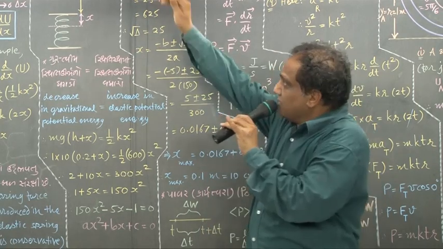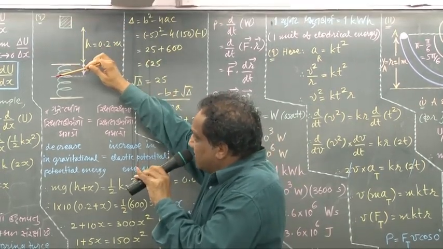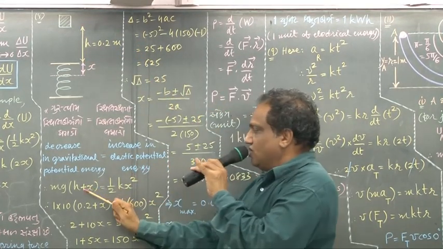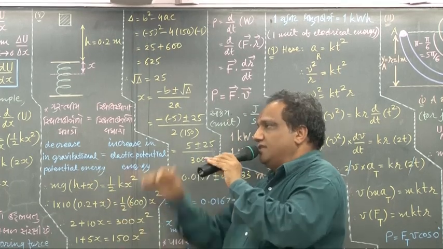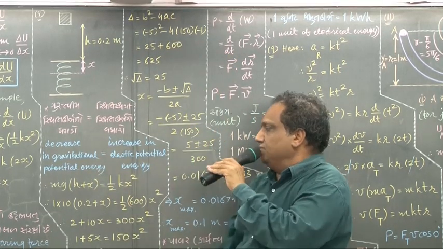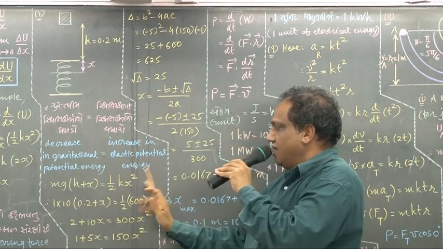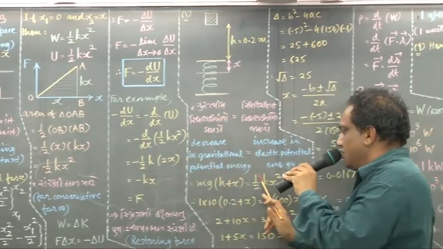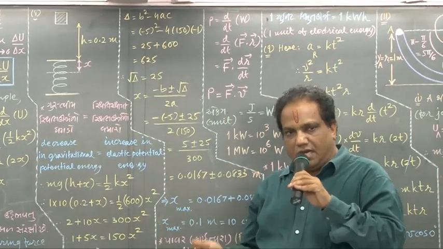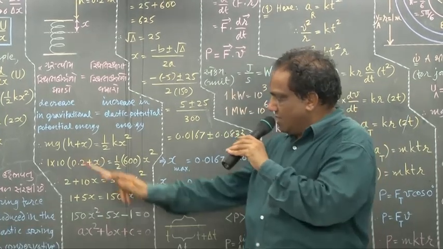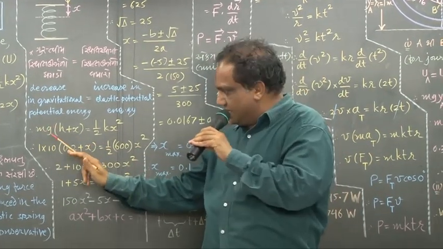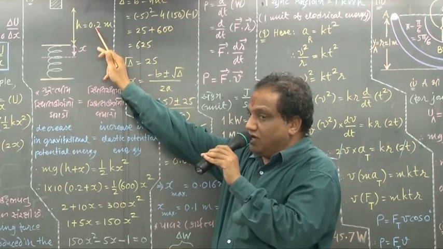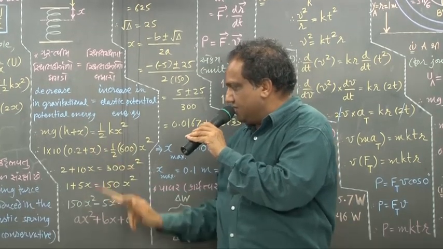Now, earlier height of this block from this reference level was this much, h plus x. So instead of y, I am just writing h plus x. That is the decrease in the height of the block, and that equals the elastic potential energy, which is given by the formula half kx square. Now it is only a matter of simplification. Mass of the block is given as 1 kg, g value is 10 meter per second square, h height is 20 centimeter, 20 upon 100, 0.2 meter, plus x, equals 1 by 2.